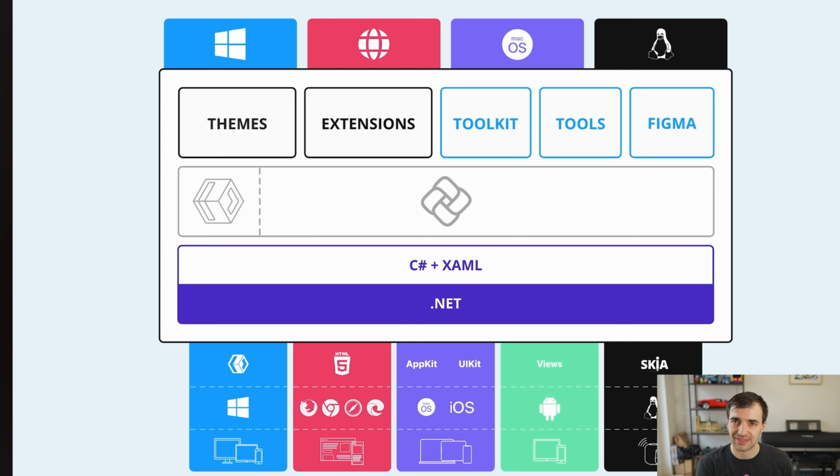Uno platform strives to be a cross-platform replacement for Windows UI library. We are offering the same API surface as WinUI, Windows UI library on Windows. So it has the same namespaces, the same methods, the same classes, the same events, and so on. So you as a developer are essentially just writing a Windows application that then compiles against Uno platform instead of WinUI on all the other targets. And you are shielded away against all the platform specifics on each of the targets. This is super efficient because you just have to write your application once and you don't have to learn any